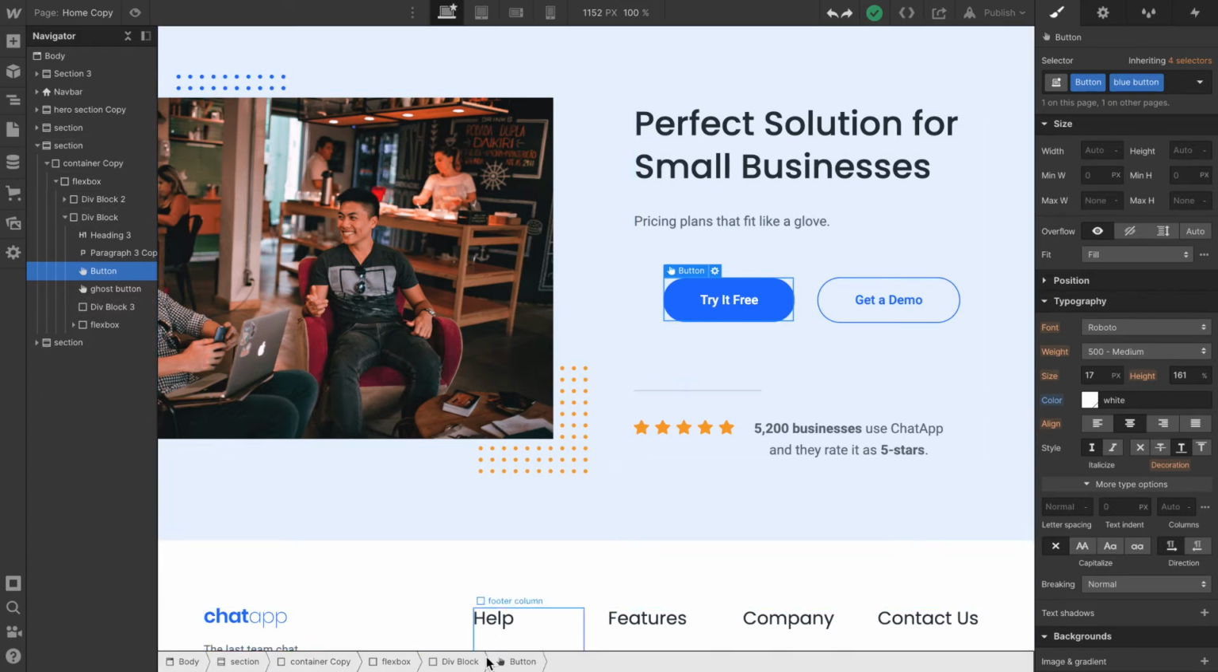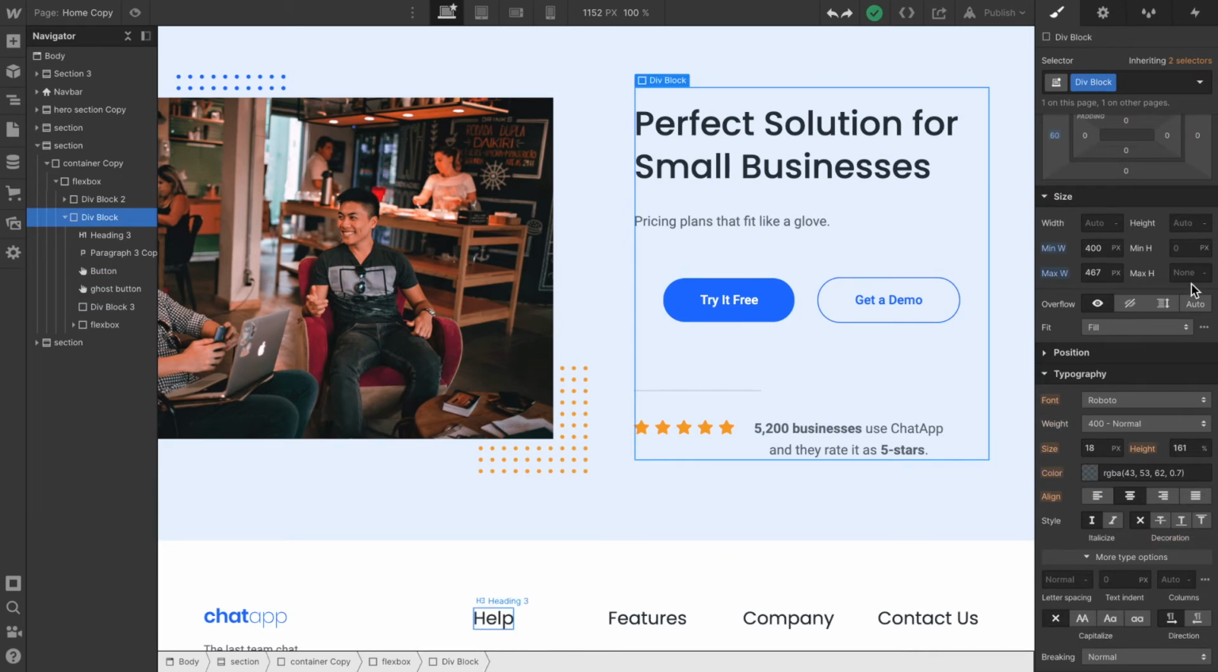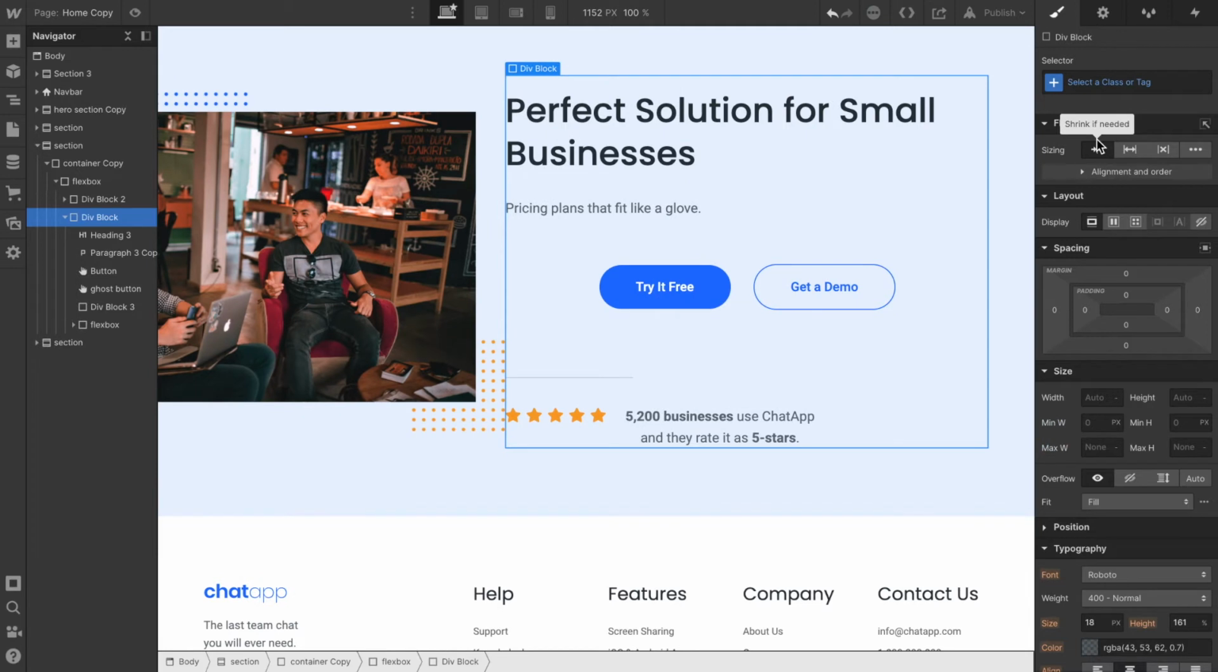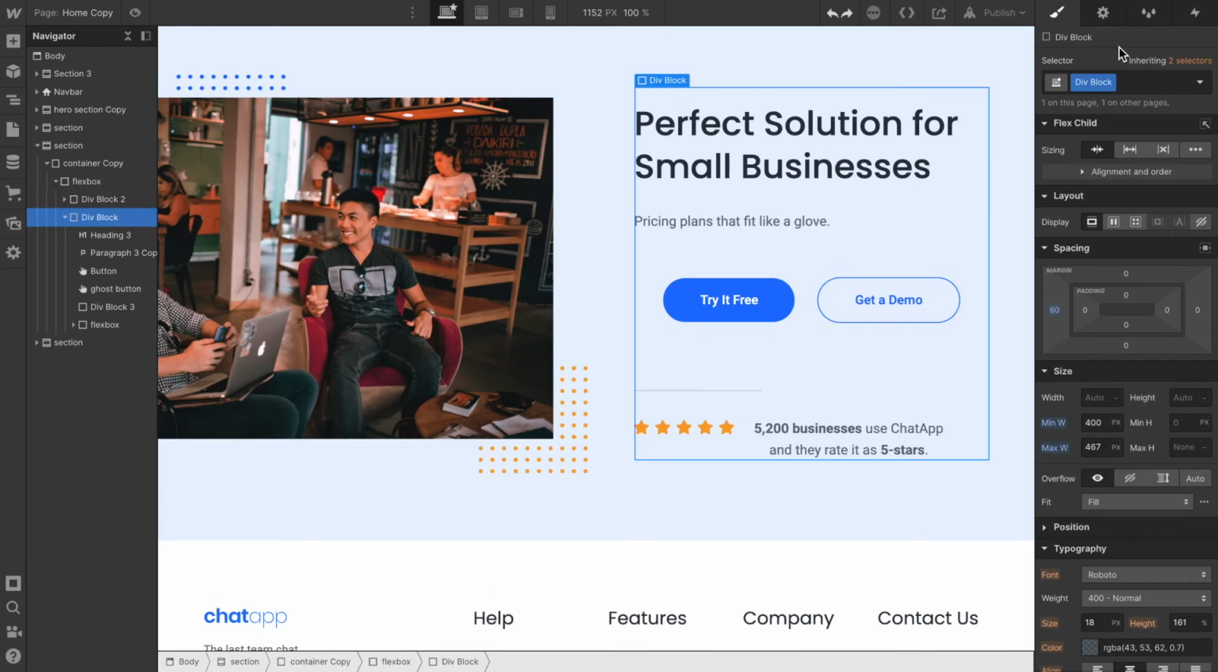So we start with the first parent, which is DivBlock. All right, and we'll try to remove the class. Okay, nothing. No, definitely not this DivBlock class. So I do undo so we can